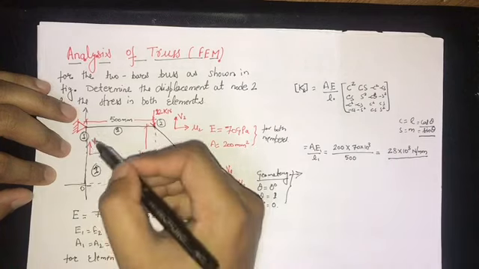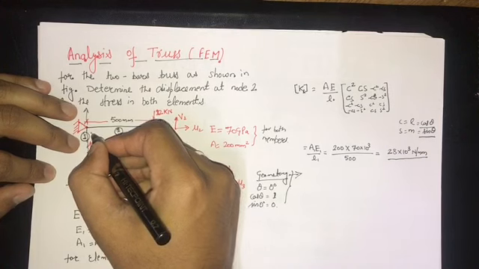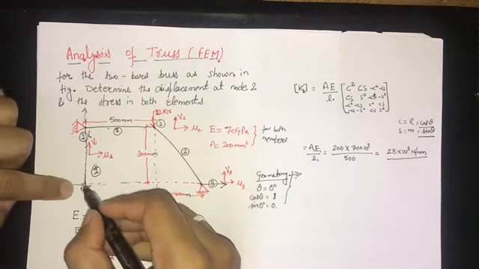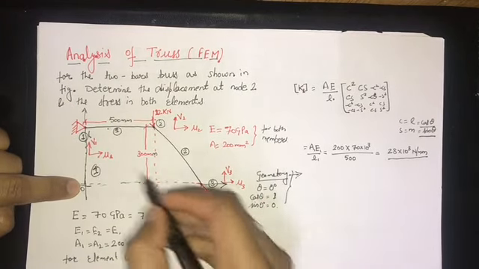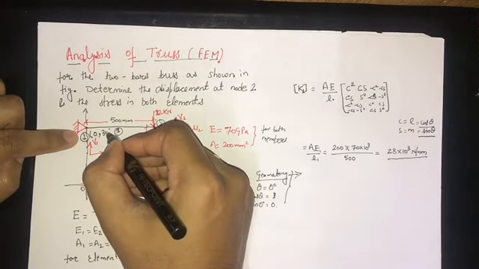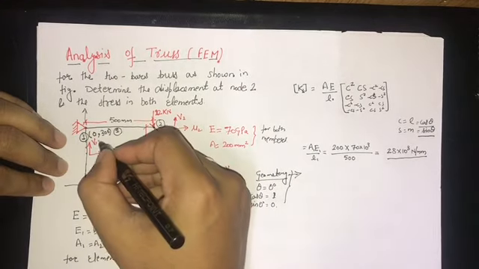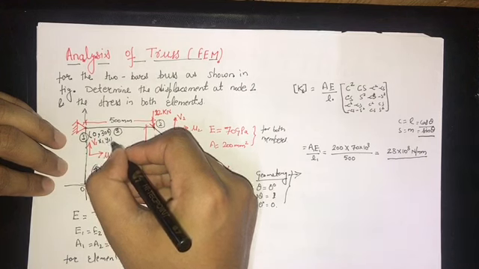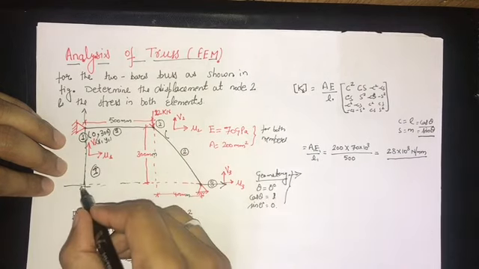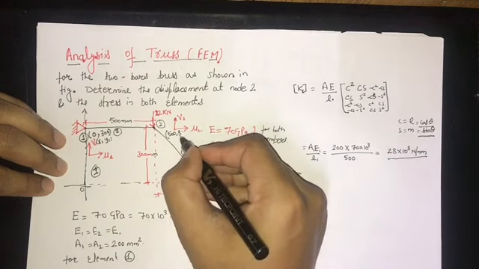So from the reference lines we have to find out the coordinates at each node. Here at node 1, what is the x distance from the reference line? Here x is nothing but 0. Similarly for y, it is 300, because this vertical distance is 300. So it is x1 and y1. And similarly at node 2, this distance is 500 and this is the same 300.